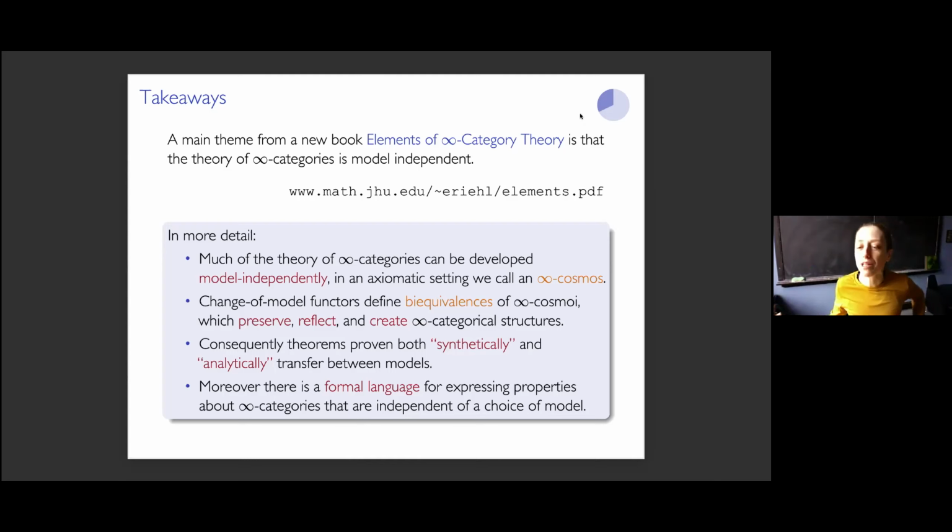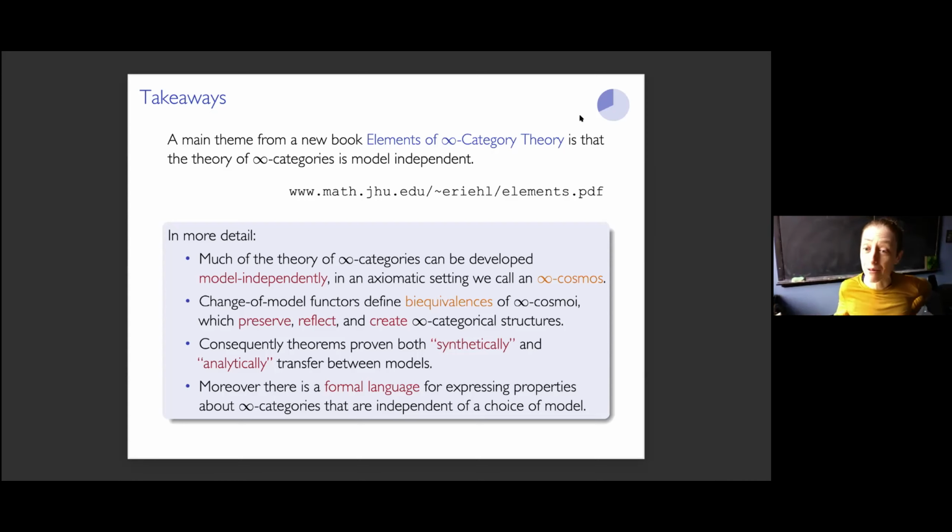But really, really crucially, we can also import theorems from the literature. A generic theorem about infinity categories has probably been proven in a particular model using techniques that are special to that model and don't necessarily transfer between models. So we refer to these as analytic theorems. They're proven using the coordinates of the model, to extend that metaphor. And we prove also that even though in that case you can't transfer the proof to another model, because the proof might not apply mutatis mutandis, nevertheless you can transfer the result, assuming that the statement can be expressed